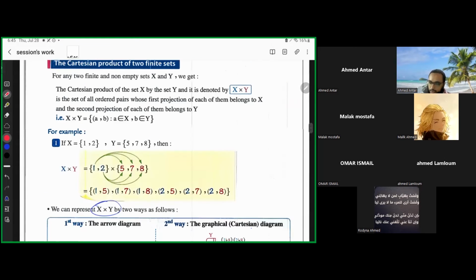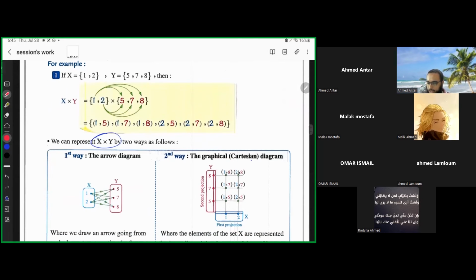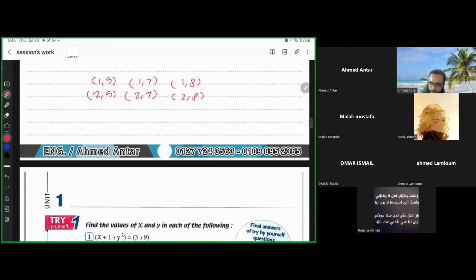They are the same as the product that we got by the first way. يعني ممكن نعمل الارس كده زي ما هما، ممكن نحطهم جنب بعض. ممكن نعمل موضوع الجرافيكال كارتيزيان، يبقى عباره عن ايه؟ بنكتب هنا الست الاولانيه 1 و 2، ونكتب هنا الست الثانيه، ونفضل نعمل خطوط كده ونجيب الانترسكشنز بتاعتهم. زي ايه؟ ممكن نعملها هنا اهي،